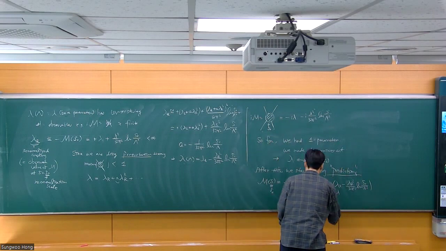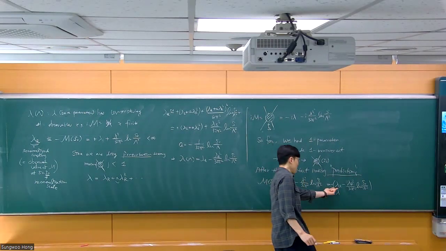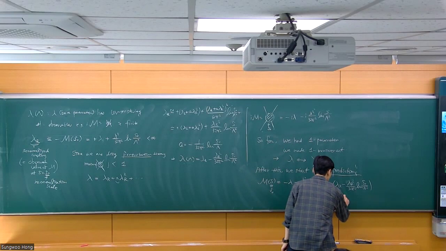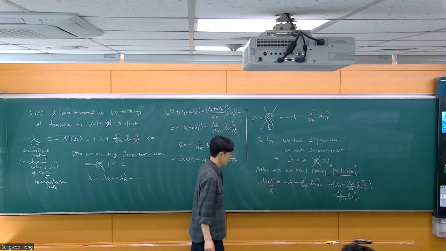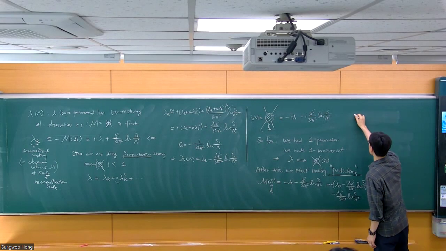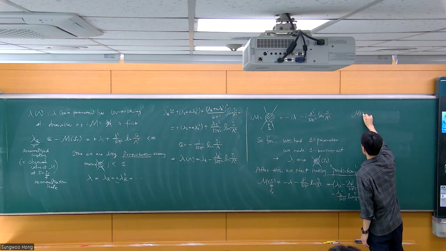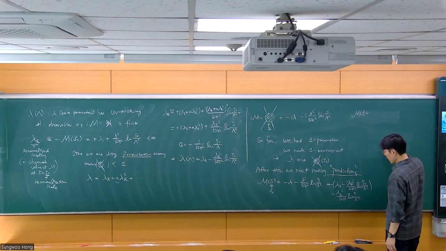Second term, I'm just going to write up to second order. So in this case, I just need to plug in only the leading order here. Lambda r squared, log s over lambda squared. So if you do it, what you get is, for this new process at different energy, what you should get is